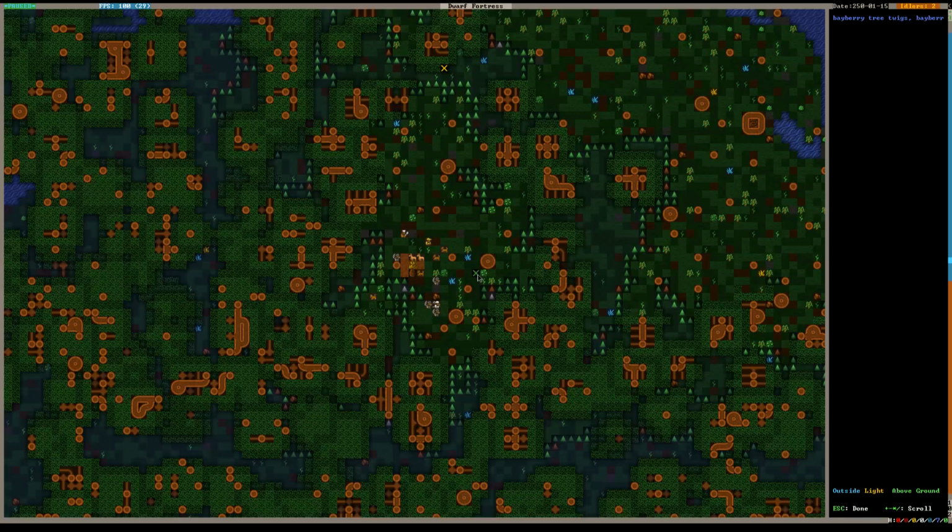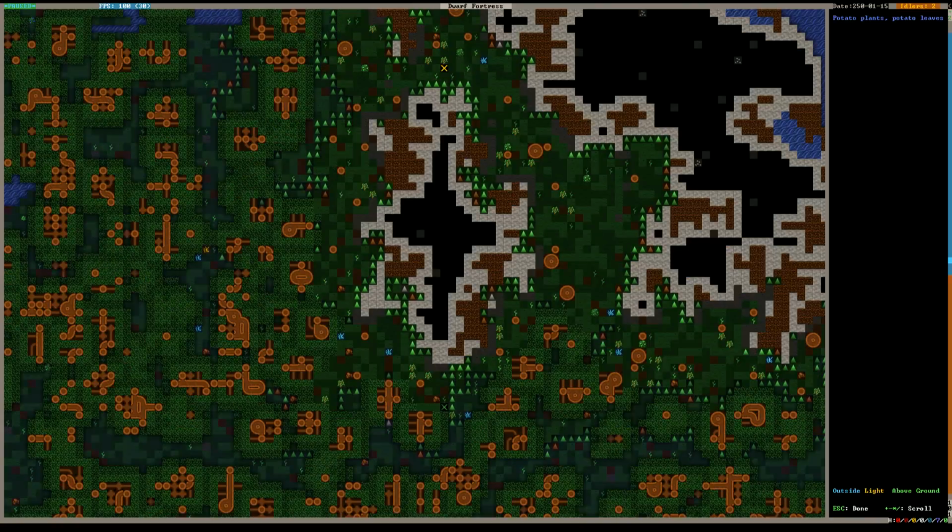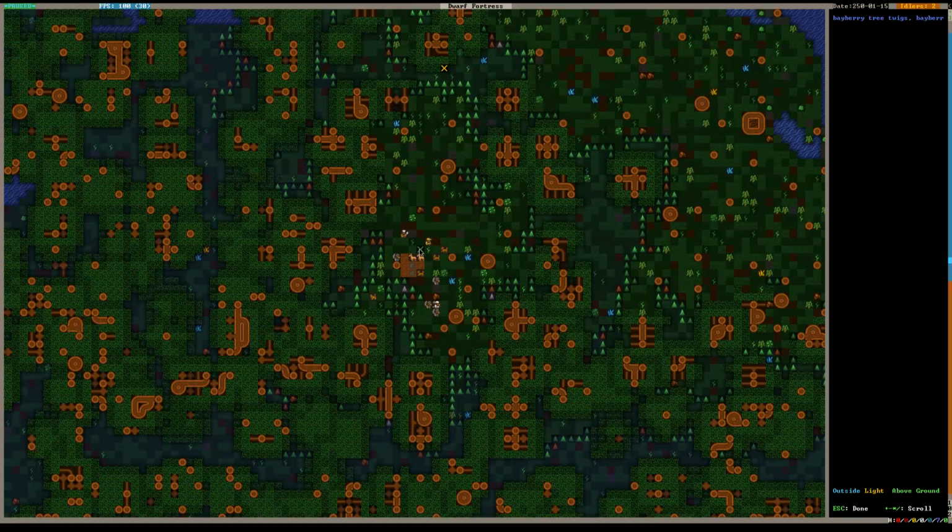What we could do is put a ramp going down into another level here and dig into the side. Because we want to get down, we'd probably dig a ramp and then dig a few layers down, and then we would remove these ramps from over here. We could probably wall it off, and then we could have our trade depot set up